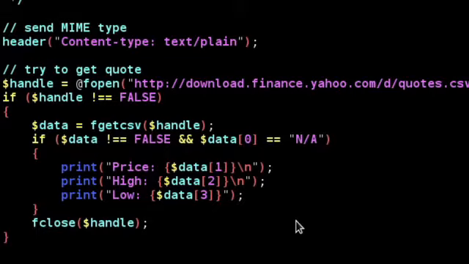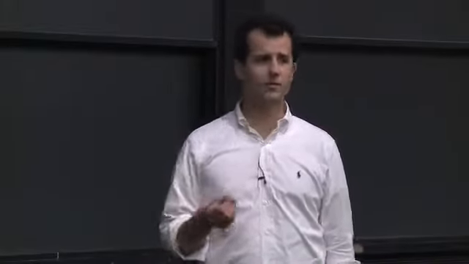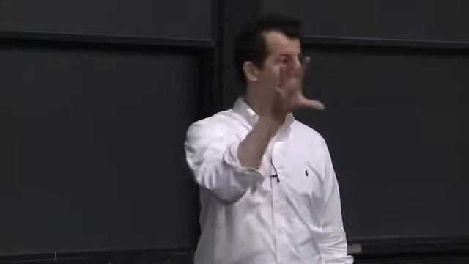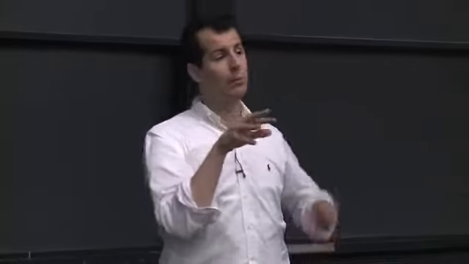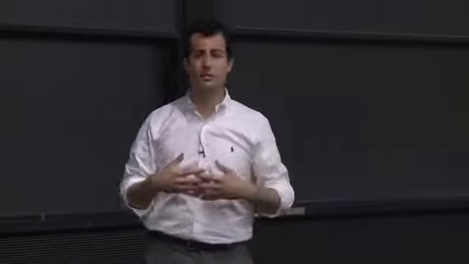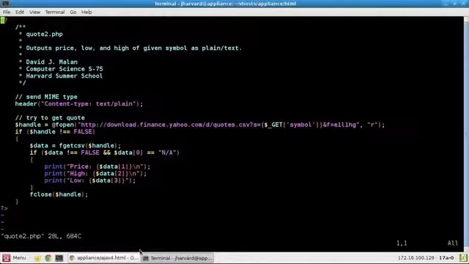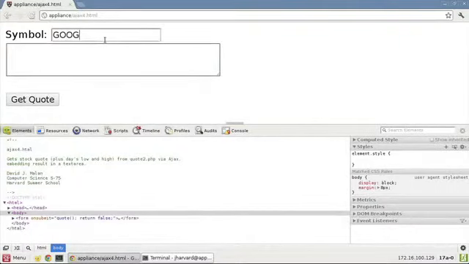So a little hackish at the moment. But this time I'm going to print out 3 values. Price, colon, number, new line, high, and then low. Same deal. So it's not very elegant, and this pretty much means that I'm going to have to just plop all of this text in one place in the web page. I can't put the price up here, the high over here, the low down here, or whatever. Can't integrate it into the Yahoo Finance UI very well. This all has to go together because I'm returning it all at once, but at least we'll be one step closer. So let me go ahead and type in Goog here, click Get Quote,